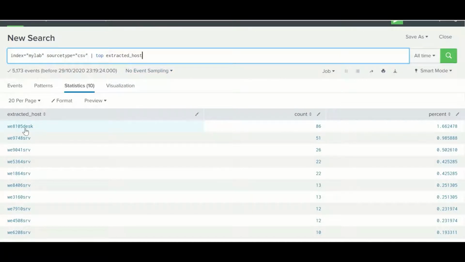You can see the topmost value has 86 events, and then further on.